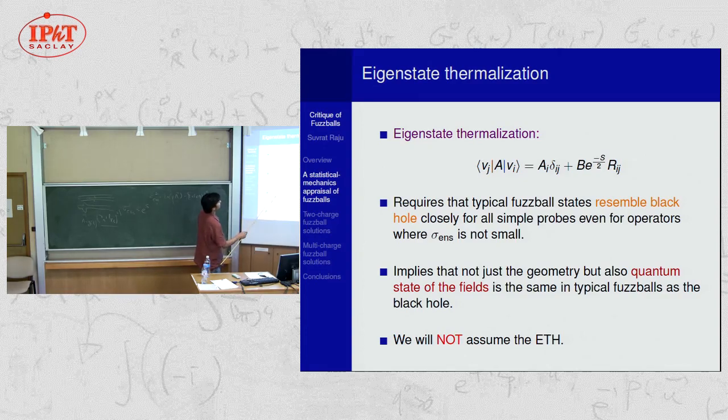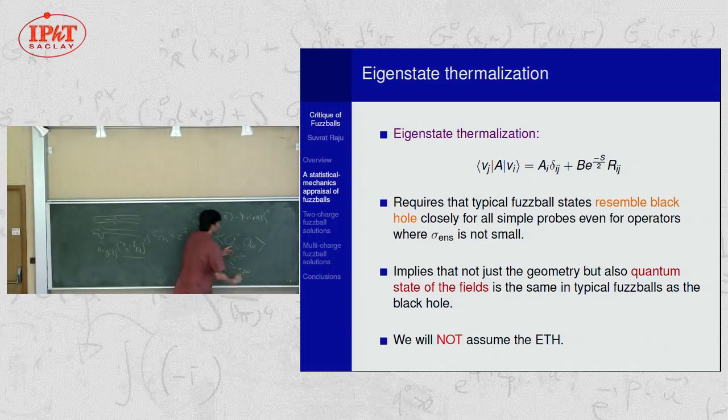That's the matrix element that takes Vi back to Vi, plus some random phases which have a typical magnitude of e to the minus s by 2. Eigenstate thermalization is the statement that these Rij's are random phases which tend to average out to 0. Now, if you impose eigenstate thermalization, then fuzzball states should resemble black holes closely, even for operators where sigma ENS is not small. What are operators for which sigma ENS is not small? These operators, for example, are 2-point asymptotic boundary functions. So if you computed on the boundary, O omega dagger O omega, where this was the mode of some field, then you know that in the thermal state, this will give you e to the minus beta omega by